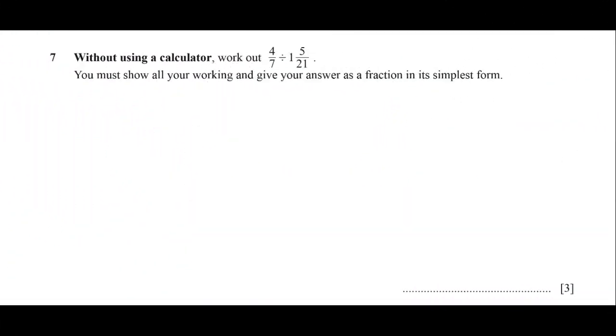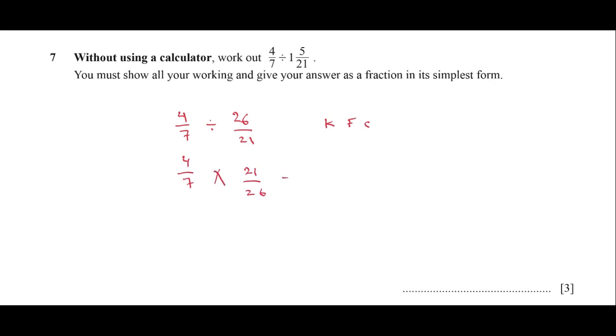Question 7 without using calculator. We have to convert this number into improper fraction. 4 over 7 divided by 1 times 21 plus 5 equals 26 over 21. Now we can apply the rule KFC: keep 4 over 7, flip 21 over 26, change the division sign into